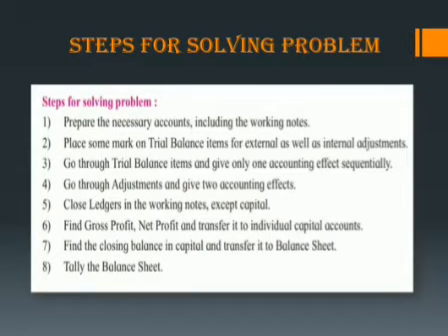Then place some mark on trial balance items for external as well as internal adjustments. Go through trial balance items and give only one accounting effect sequentially. Go through the adjustments and give 2 accounting effects. Close ledger accounts in the working notes except